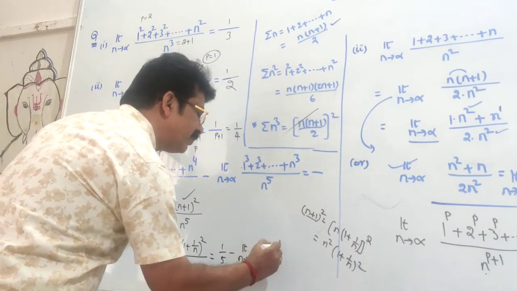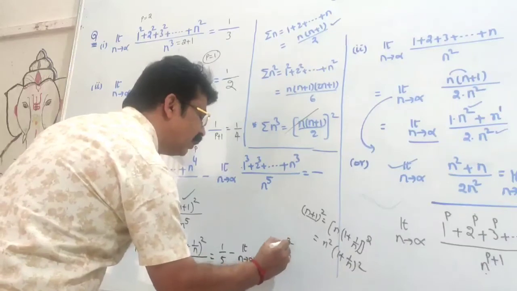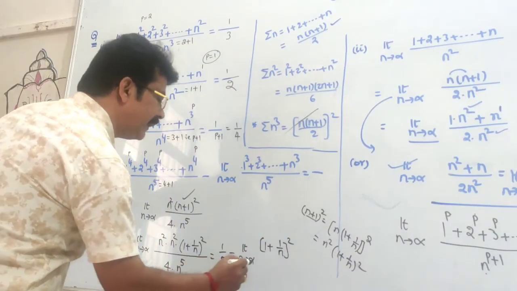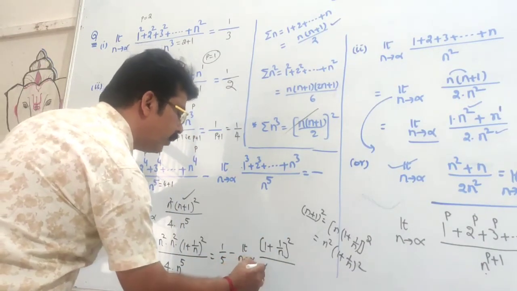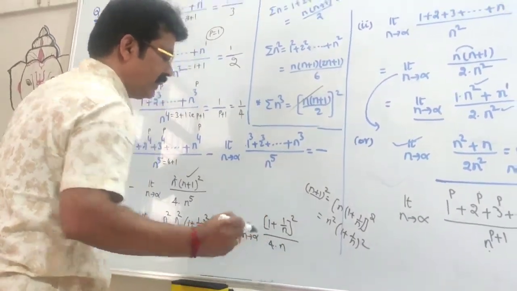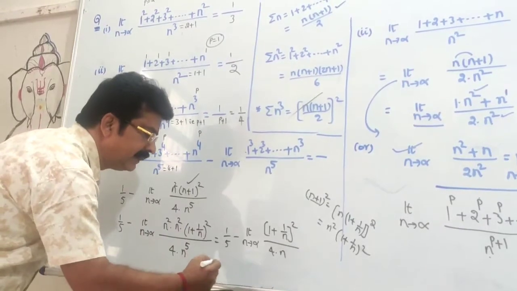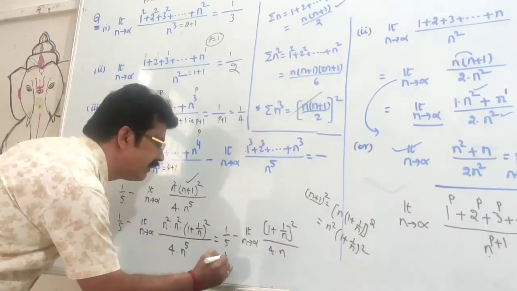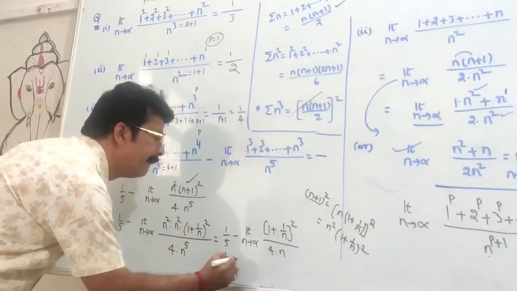So it is 1 plus 1 by n whole square divided by 4 into, 4 times cancel, it remains n. So that is equal to 1 by 5 minus